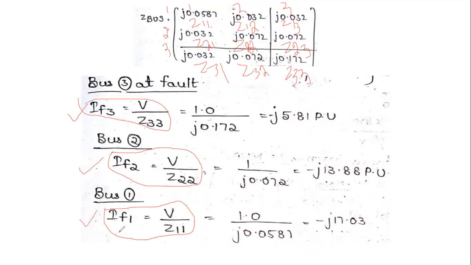We have 3 buses, so we calculate the fault currents at each and every bus by using these formulas. After forming the Z bus matrix, we easily calculate the fault currents at various buses. Understand? This is the formation of the Z bus matrix by using the Z bus building algorithm. We are already familiar with this type of problem, as it was discussed in unit 3. After completing the formation of this Z bus matrix, by using these formulas, we calculate the fault currents at any bus.